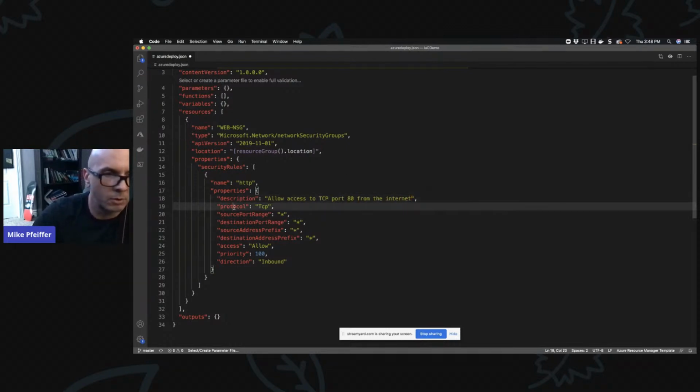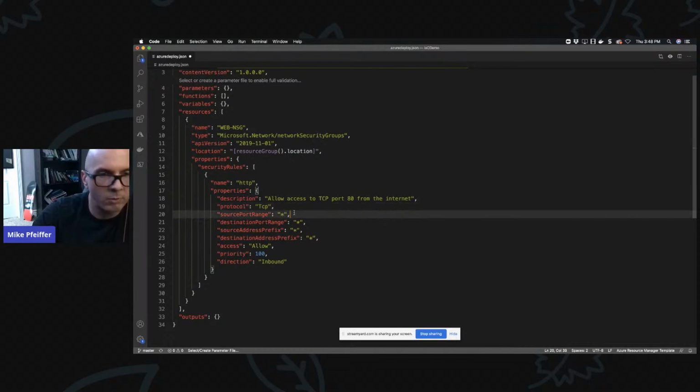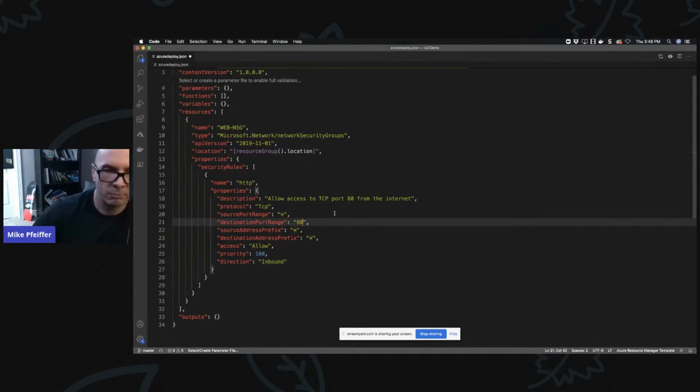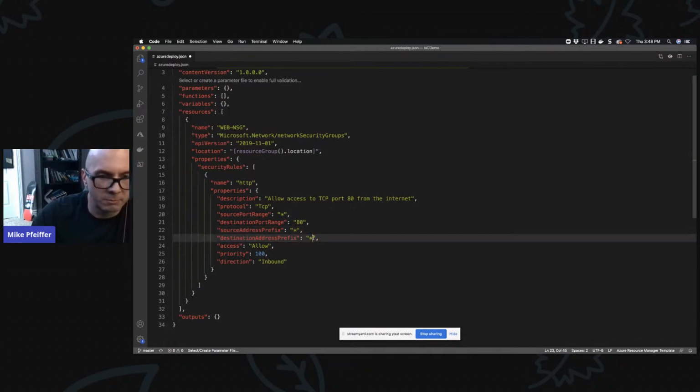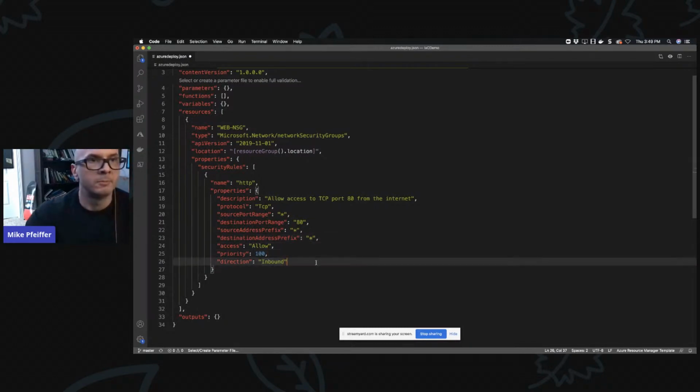Okay, and so right here, protocol is already TCP. Source port range, who cares about the source? They're just coming from the internet. This is a web server. Destination port, we'll say 80. In real life, 443 is something we need to do. We'll fix that later. Source address prefix, again, star, who cares? This is an anonymous web app. Anybody can come, right? And then destination prefix, we don't really care because we're going to hook the network security group to like a NIC or a subnet or whatever. So we'll know where that's going. That's good. Then we're going to allow it, and that looks good, right? Direction inbound. So very simple, right?